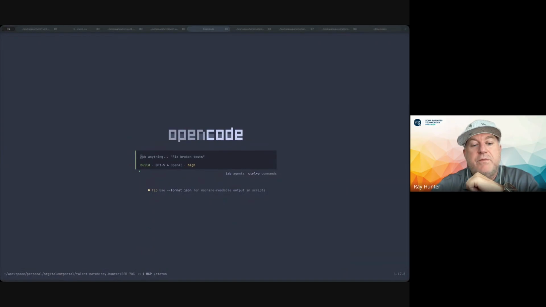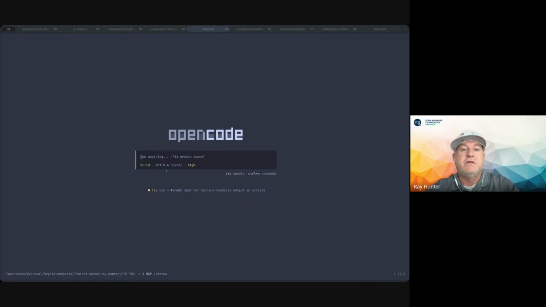The big thing I wanted to point out is when you come in this interface, this is the primary agent that I'm using, which is a build agent. This is the model that I'm currently using. And here is the reasoning that I'm currently using as well. And I can actually change these models, and I can loop through the reasoning. I can do that on the fly, or I can configure it when I come into OpenCode. I can configure all that.